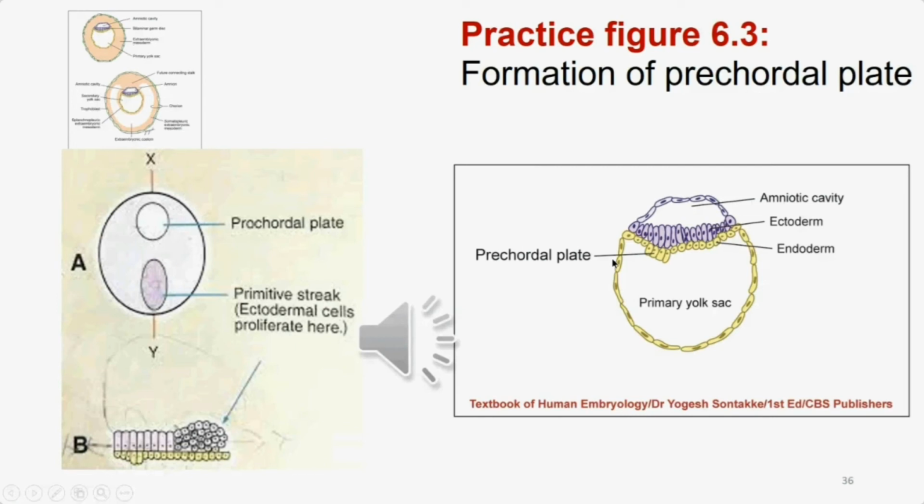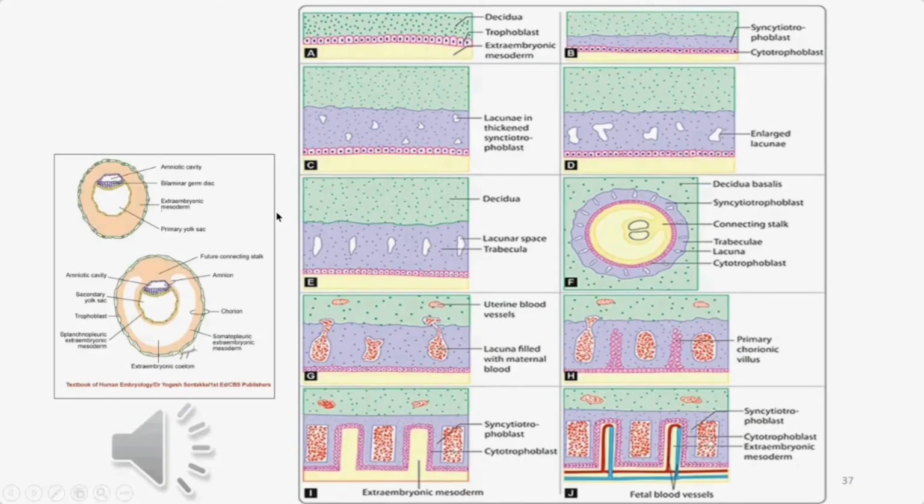What happens in the procordal plate: some cells of the endoderm become columnar and tightly adherent to the ectoderm. So this part forms a procordal plate. By forming the procordal plate, it decides the head end of the embryo. So it forms a cephalocaudal axis. The procordal plate decides which one is the cephalic end and which one is the caudal end, and it appears in the center, so it also decides the axis of the embryo.